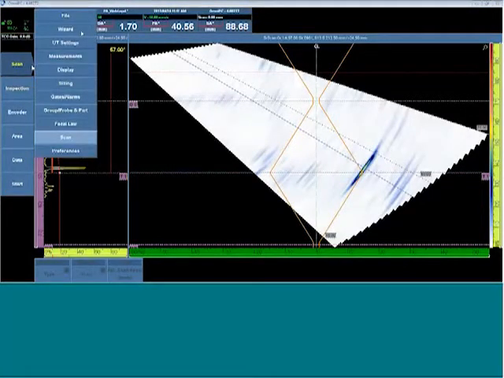So under our full menu, after we've configured the basic setup using the wizard, we've configured the UT settings for points and filters and all of the various things typical of conventional and phased array UT. We have configured our display that we want to see during the inspection, and of course calibration and all of